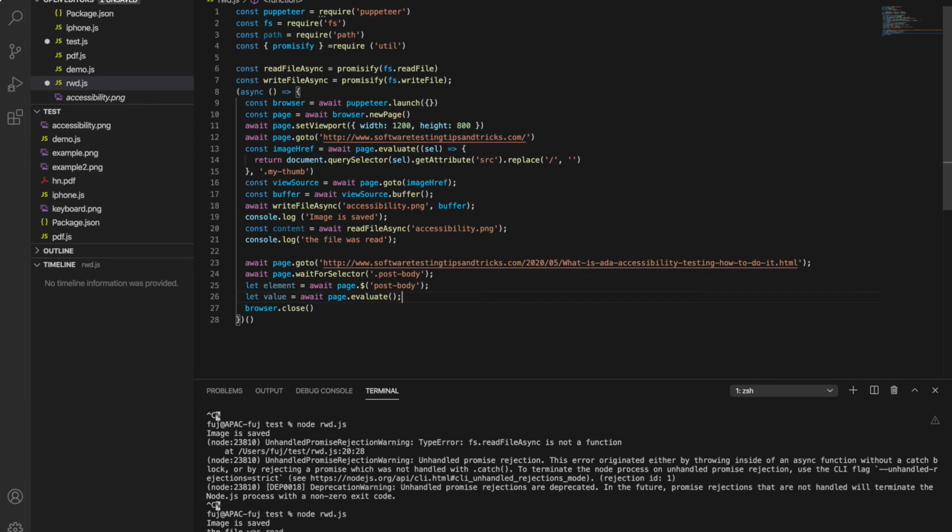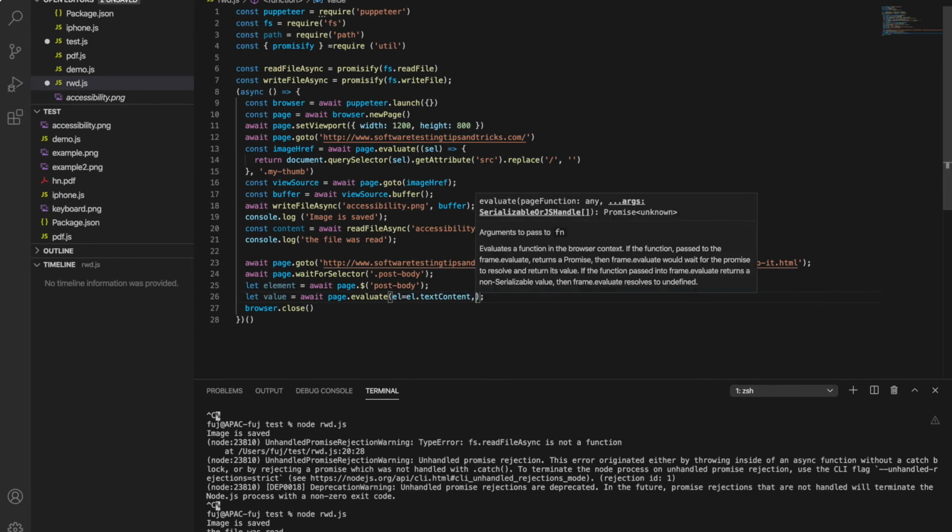I just want to get the text, so el equal to el dot textContent from my element, that I defined. So it will return all the text content from that element.